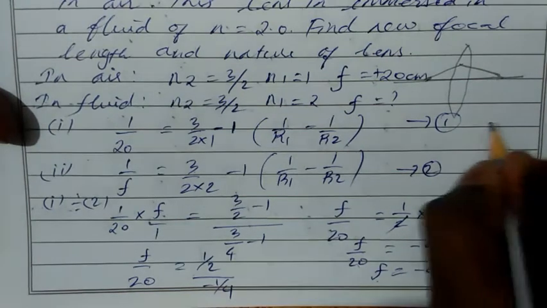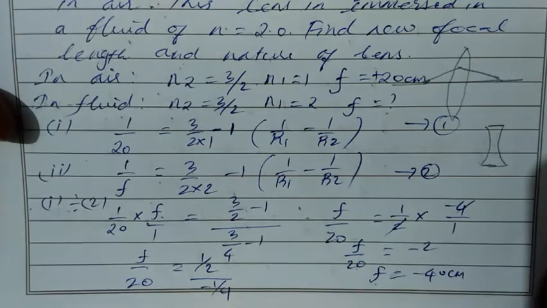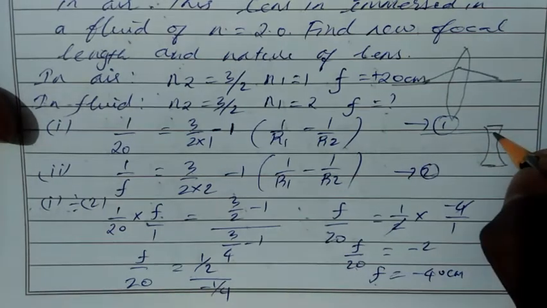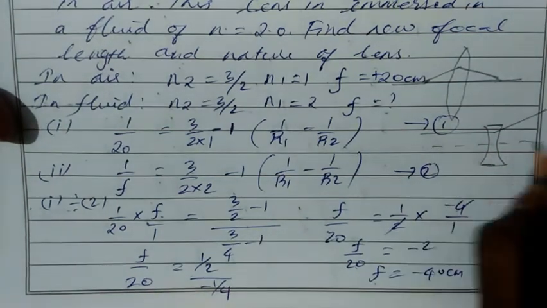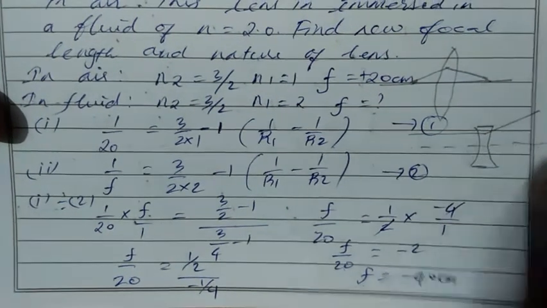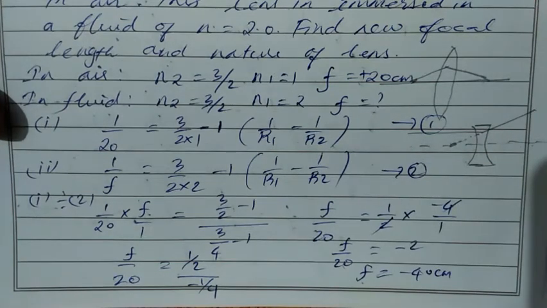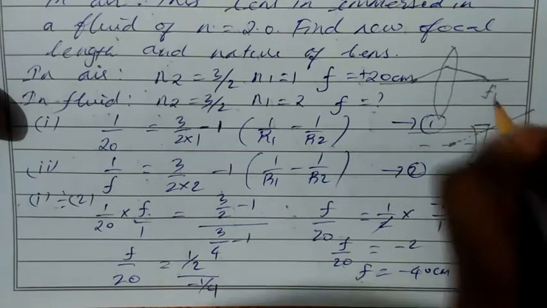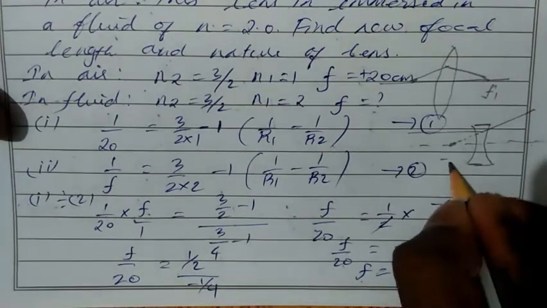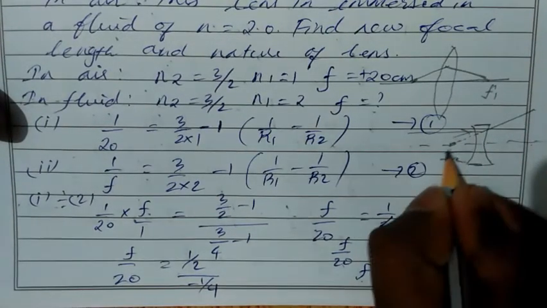Okay, but in case of concave lens, what will happen? Concave lens is diverging lens. So light rays goes there. It won't meet here. Instead of that, we have to extend this ray and this ray only meet here. So here f1 is positive for convex lens, but here f1 is negative. Why? Because light is moving towards right side, we have distance towards left side.